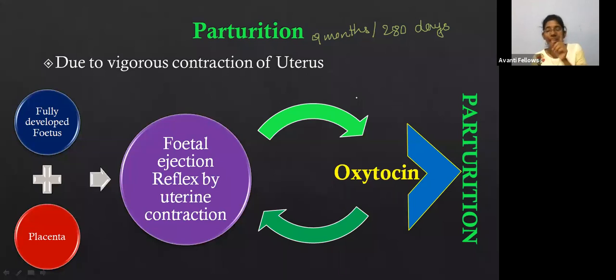Why does the baby cry? The cry is the first breath taken by the baby, because so far the baby is present in the amniotic fluid. All of a sudden the baby comes out to the area where the baby has to breathe on its own. Now the baby has to breathe on its own. That's why the cry is the first breath taken by the fully formed fetus.